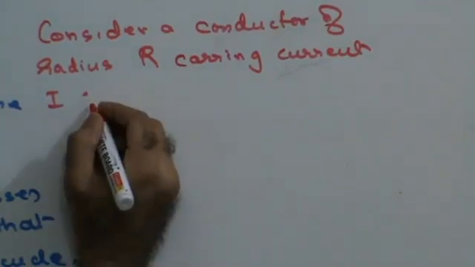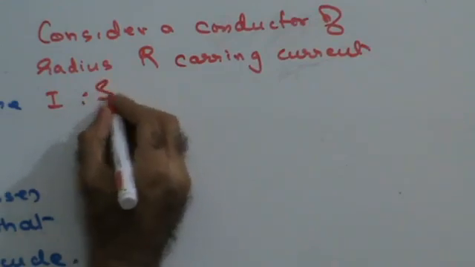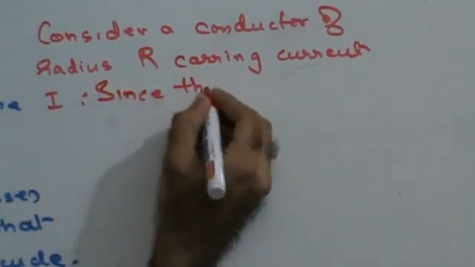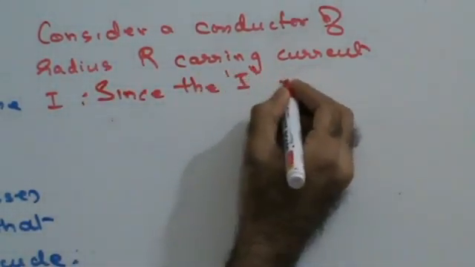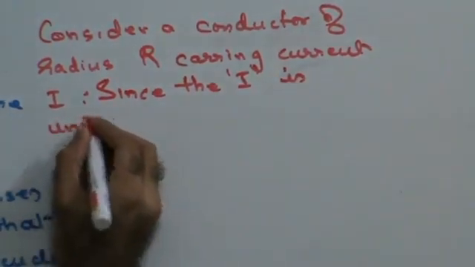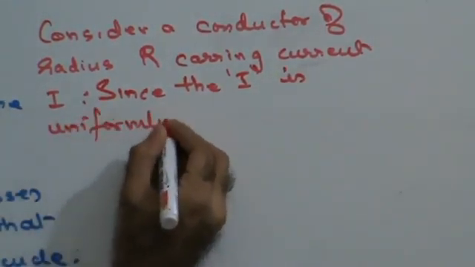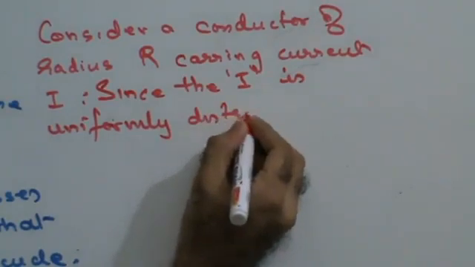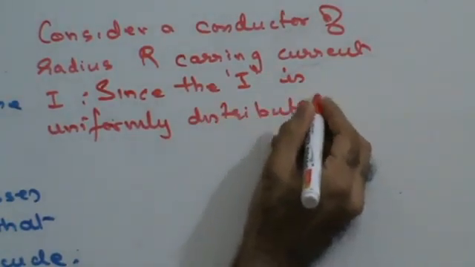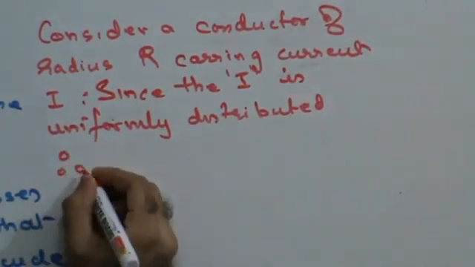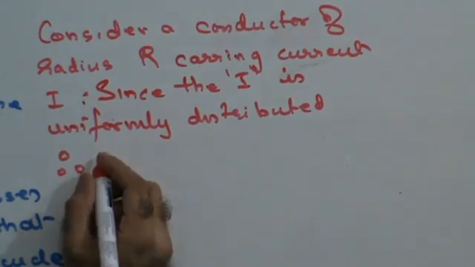Since the current is uniformly distributed across the cross section, therefore I can say that the magnetic field B